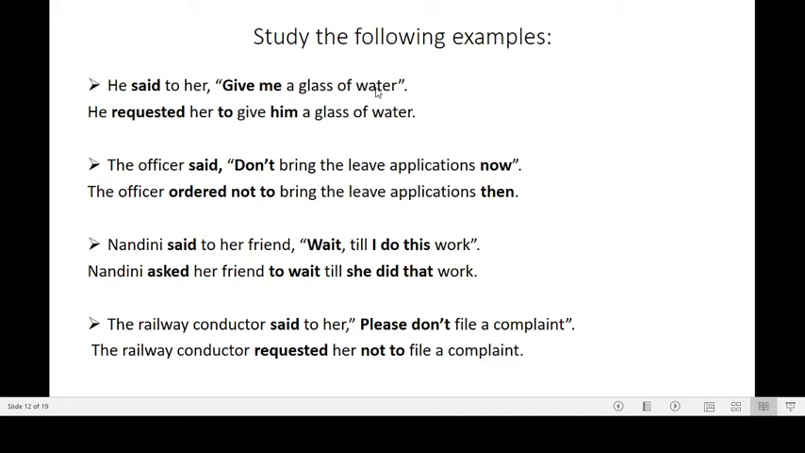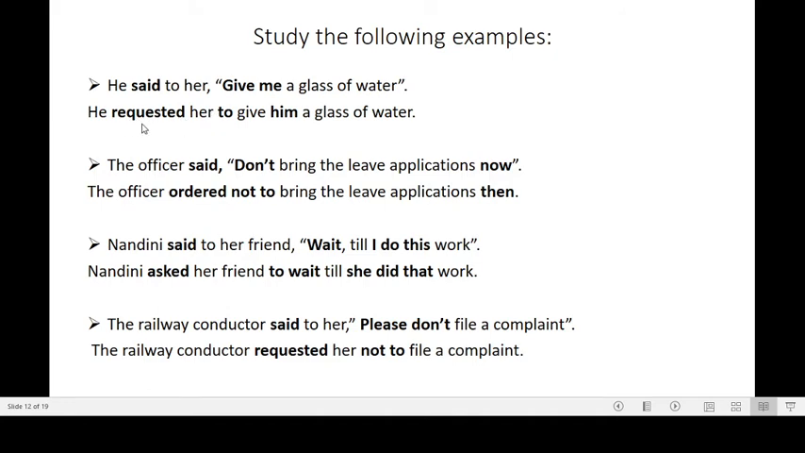Here, since this is a request, we are using he requested, and then a pronoun or noun: requested her, or requested Sunita, or requested Raghu to give him. Here you see we are using the infinitive. We are adding to to the verb which is given in the sentence. To give me is changed into to give him a glass of water. So we are changing the tense and the pronouns, and also we are adding to to the verb, and the